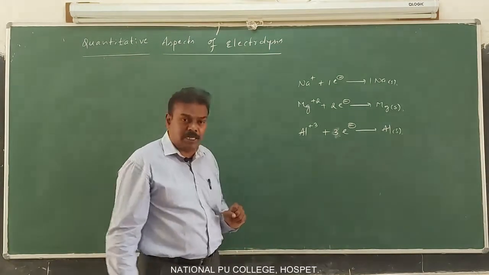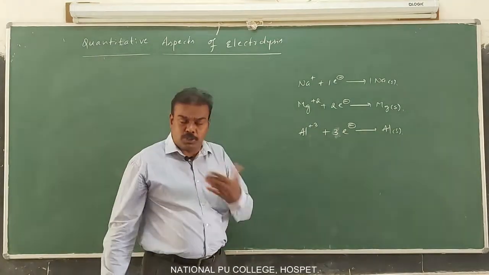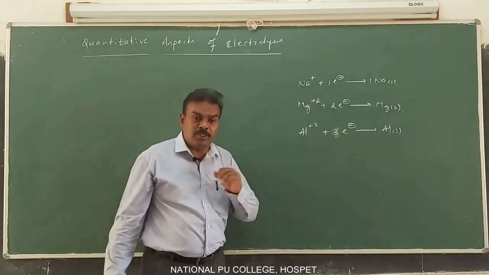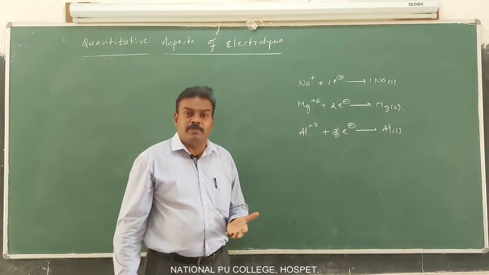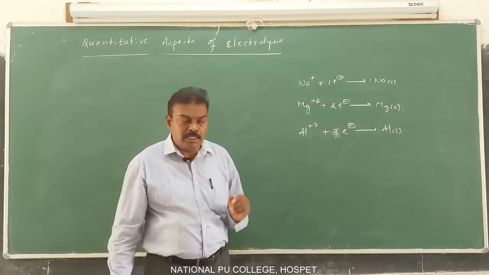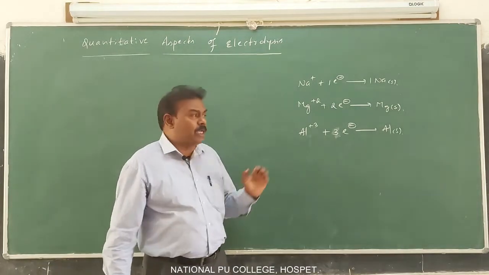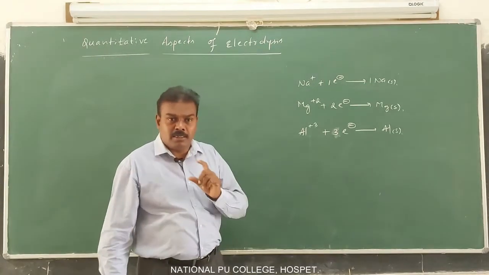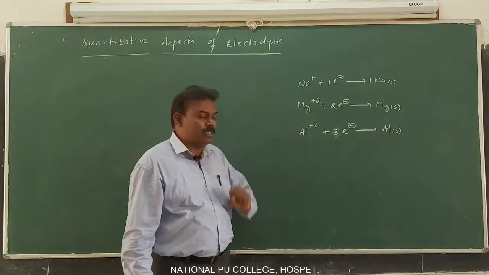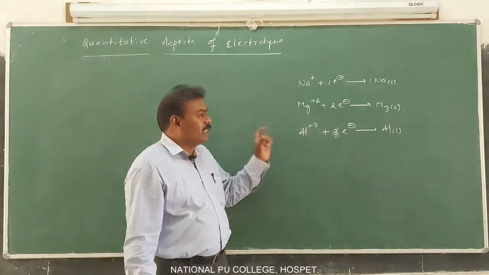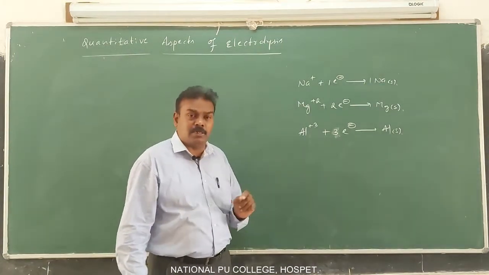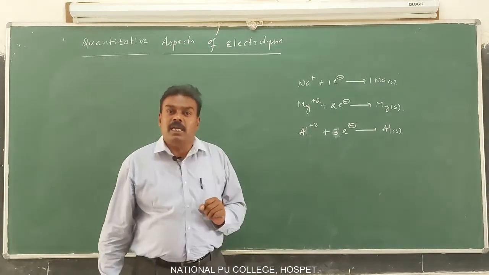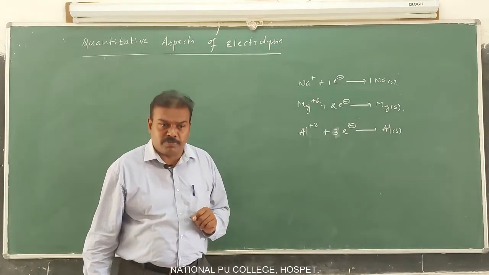Quantitative aspects of electrolysis mean how much substance is produced at the respective electrode, and that is based on how much electric current we have supplied. That electric current is given by the notation Q. We can take Q is equal to n into F, that is the charge carried by that wire. And one more thing, Q is equal to I into t also. I is the current strength and small t is the time taken. So that is also one quantity of electricity. Are you all following? Okay.